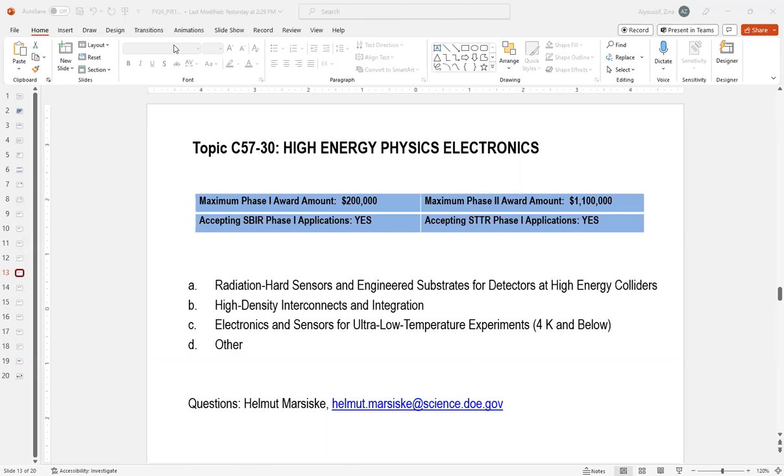There is one question. Will you consider silicon carbide, SiC, bare substrate development to reduce the cost of manufacturing that does not include epitaxial growth or bonding? So typically we don't use silicon carbide just as a bare substrate. We want to develop sensors out of silicon carbide. There are some details given in the topic's language as to, for example, what kind of dopings and so on we want for the materials.